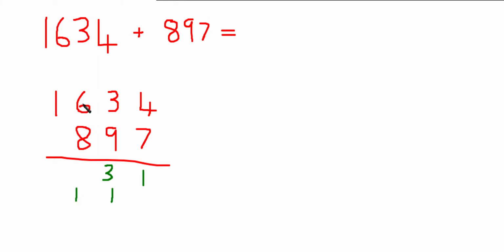Okay, next we do 6 and 8. 6 and 8 is 14, and this one here is 15, and I can write 15 in there by doing the 1 over here, and the 5 goes in there. There's the 5, there's 15. And now add up the thousands. I've got 1,000 here, and I've got 1,000 down here. So I've now got 2,000s. So my answer is